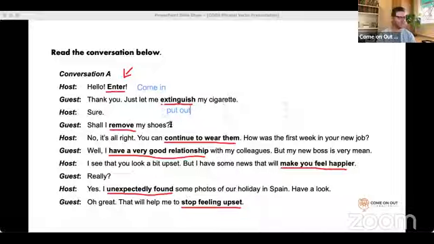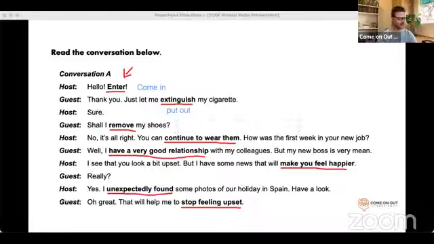Let's go to the next one, remove. This one is very, very popular. We always use it with clothes or with shoes or even with glasses. What do you think is a good phrasal verb we can use instead of remove? Remove my shoes, or